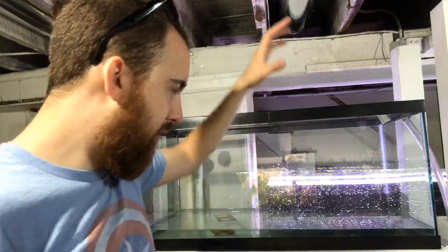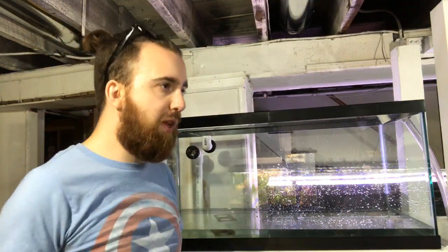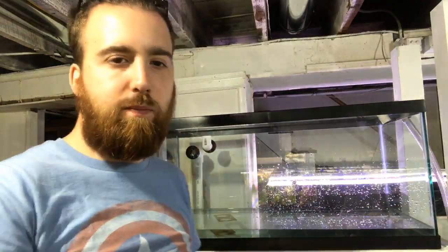There will be an automatic water change system that's going to run around the whole length of the room, even with the show tanks and all that, and it's going to automatically drip down and into them. And then there's also going to be plumbing set around the whole room that's going to drain into a drain that I have over there. So